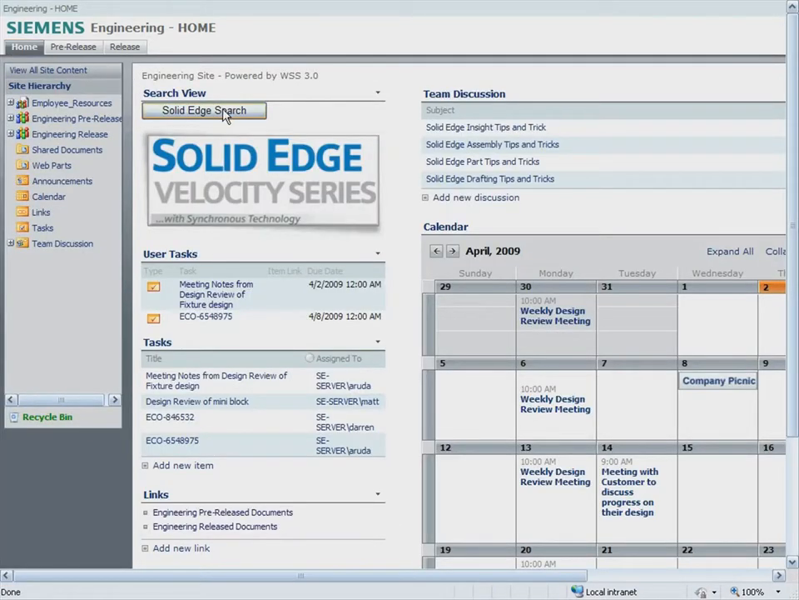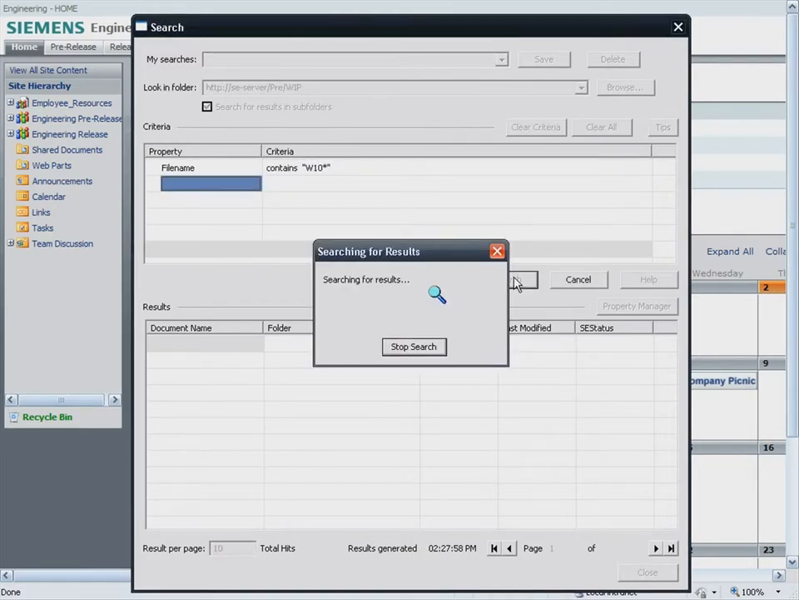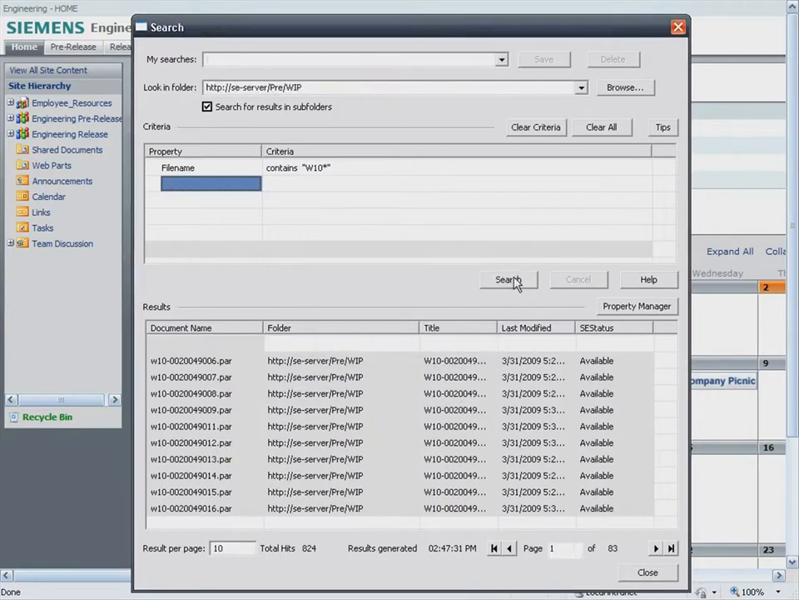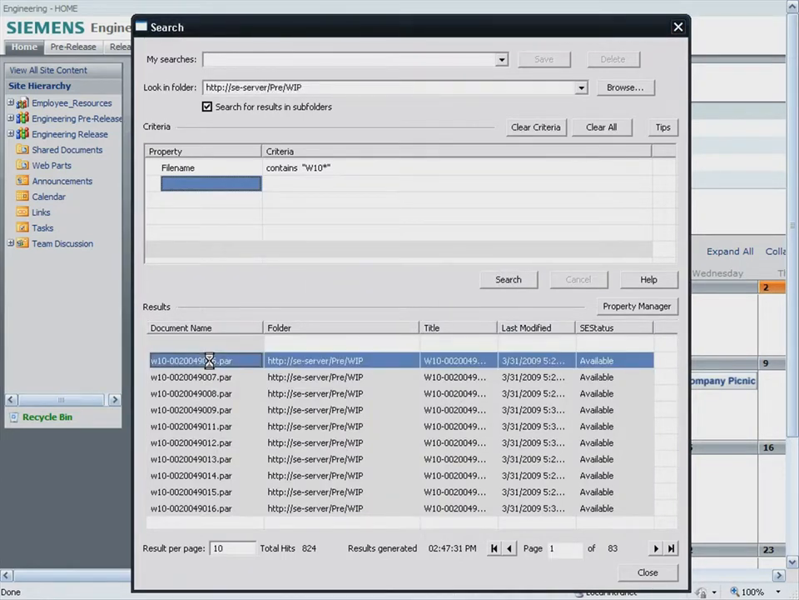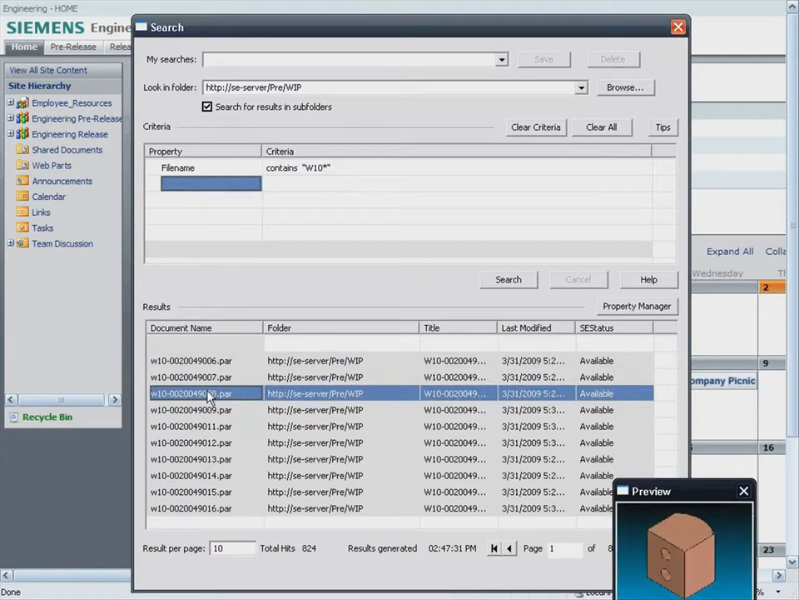In this example, we search for Solid Edge files whose file names start with W10. This is our part number series for end plates. The underlying database is maintained using Microsoft SQL Server, and you can see how this results in fast searches. As we select the different parts retrieved by the search, a thumbnail preview is displayed, enabling fast graphical review of